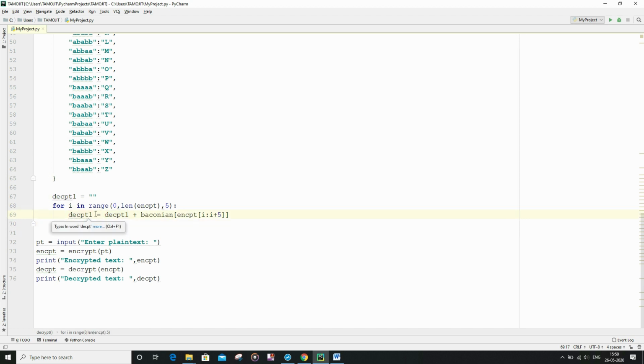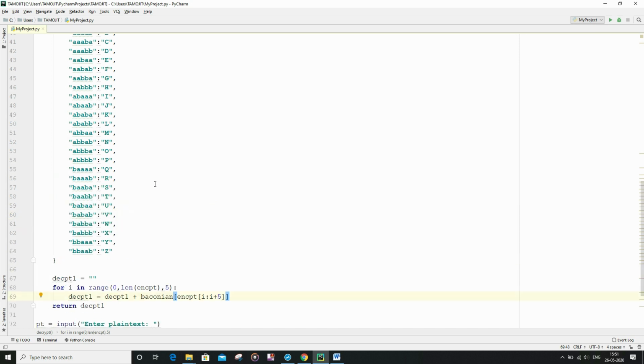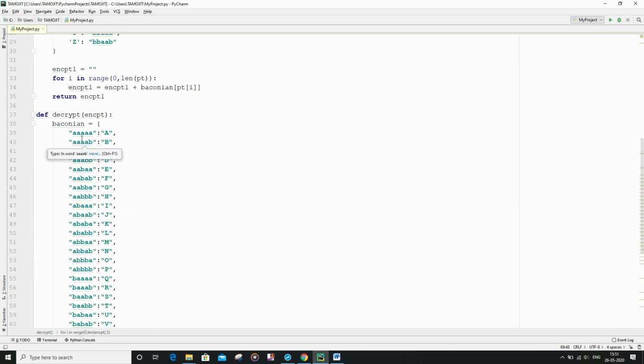And after that, for each of the segments of length 5 in the encrypt text, it is going to take it by using the method of slicing. In Python we have this advantage. After slicing it is going to use this dictionary which we defined here, and corresponding to each segment it is going to identify the value.